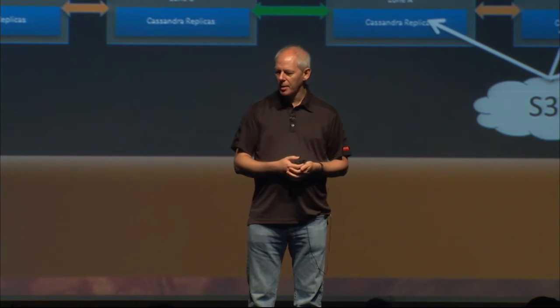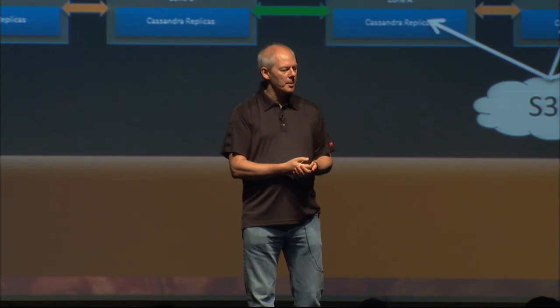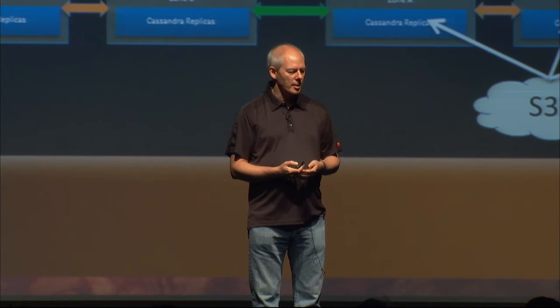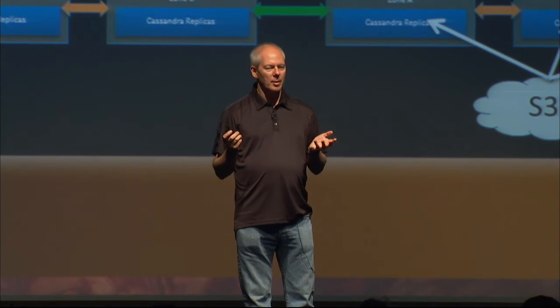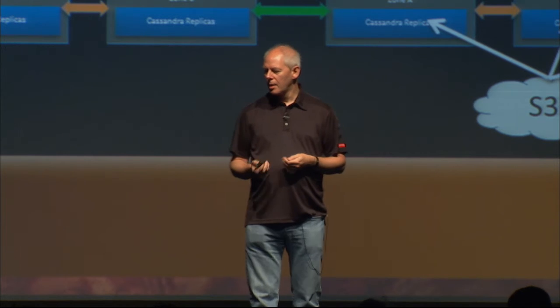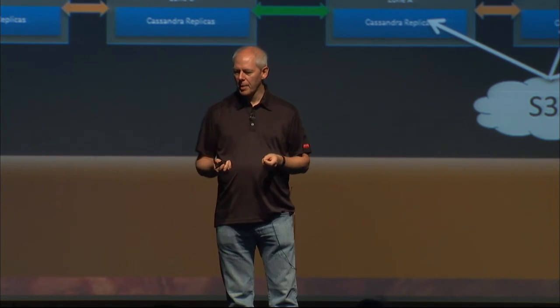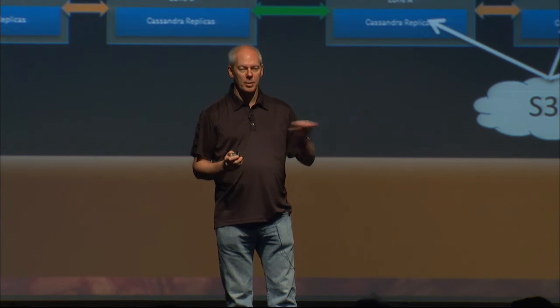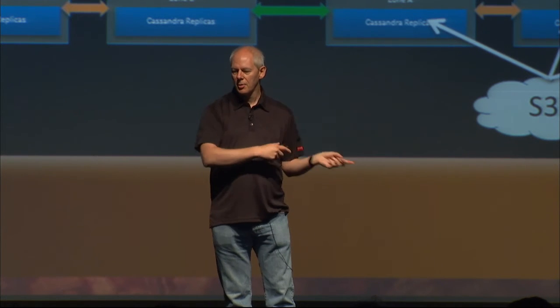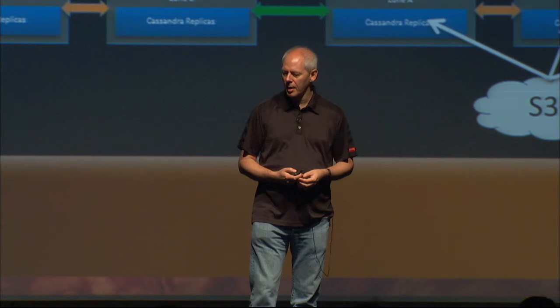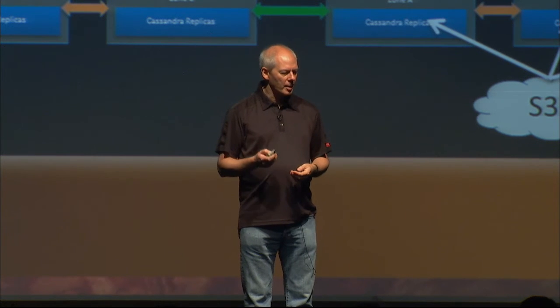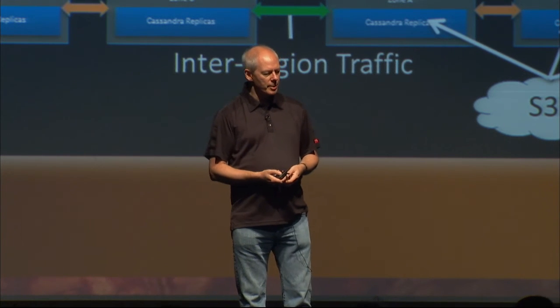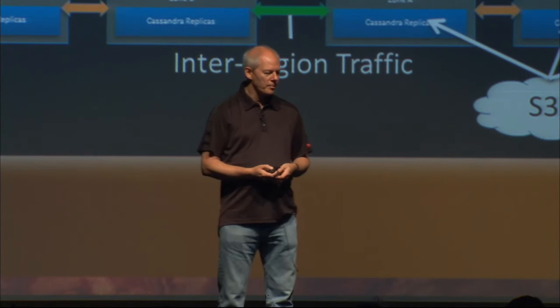But the data set we had was, we loaded from S3. It's 18 terabytes of data. We sucked that in from backup. That took a few hours. And basically, the next thing we did was replicate that data across to Oregon. So we pushed that 18 terabytes to Oregon. I'll show you what happened when we did that in a minute. And that caused inter-region traffic, pushing the data over.